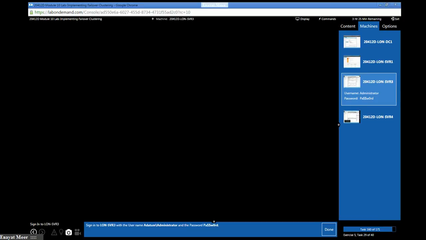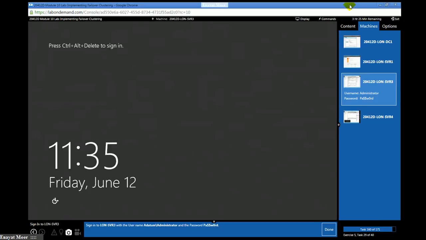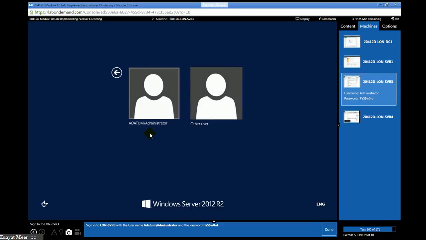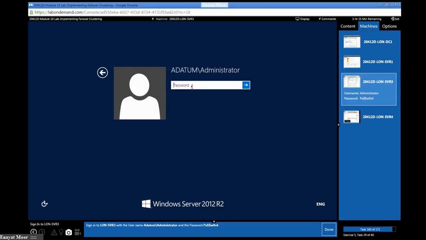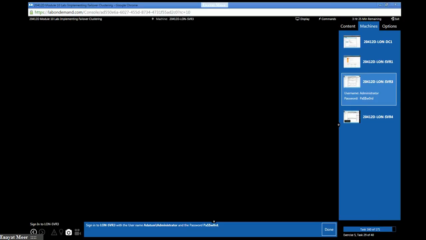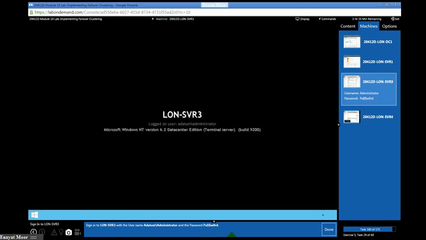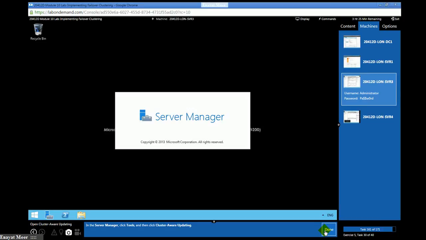You can go to Explorer, or Command Prompt, or PowerShell. All you have to do is type logoff and it will be logged off. As it was a requirement of refreshment, you log back in to LON-SVR3 as a domain administrator and start your CAU, Cluster-Aware Updating console, from Server Manager under Tools.